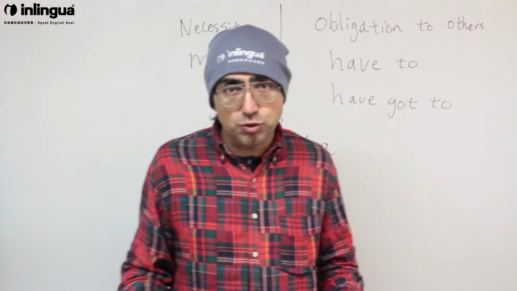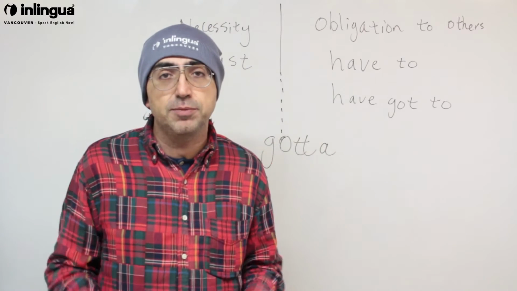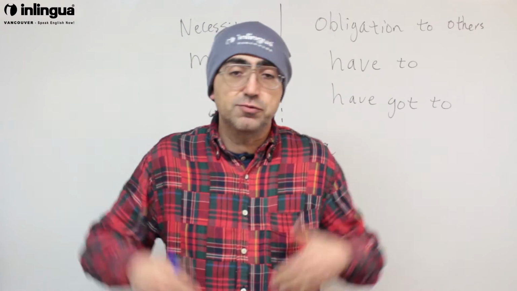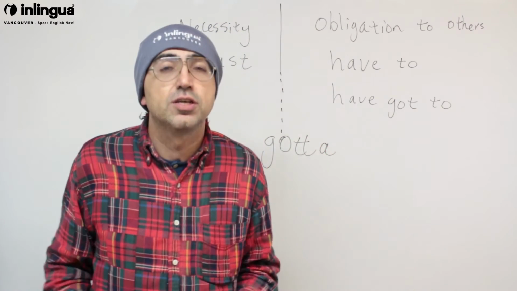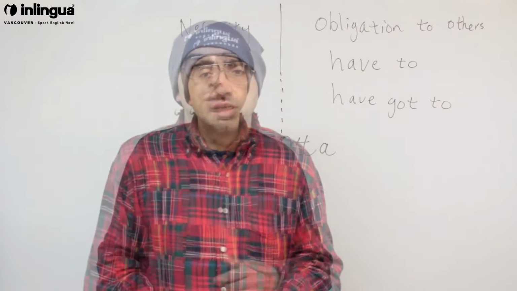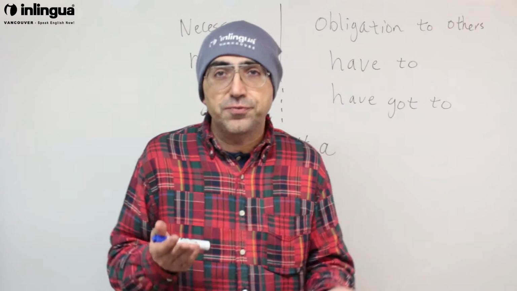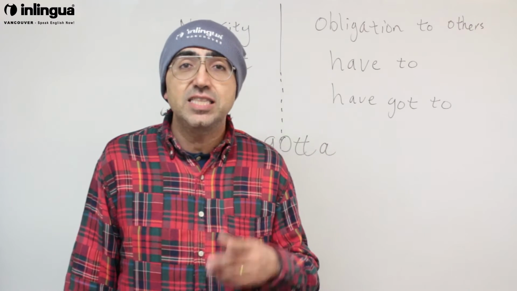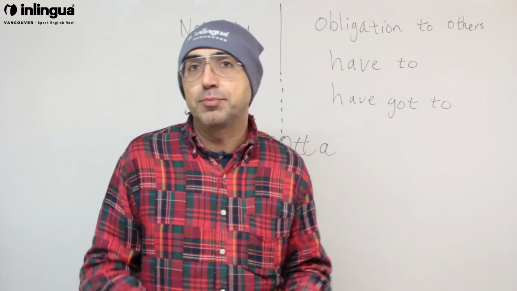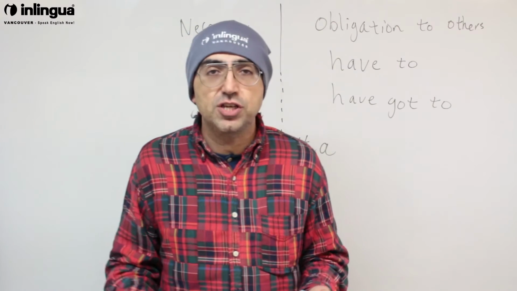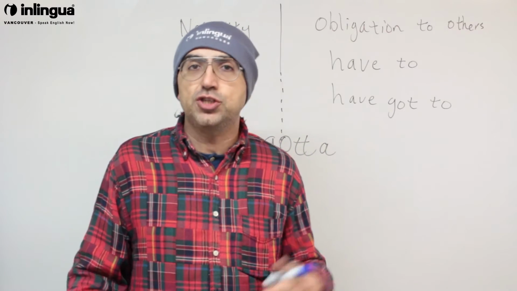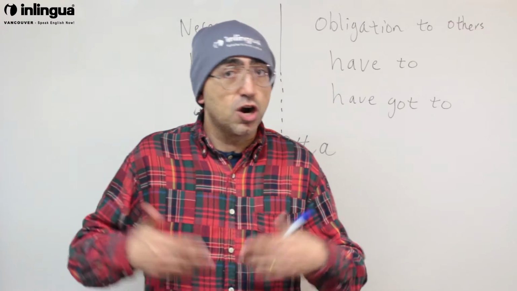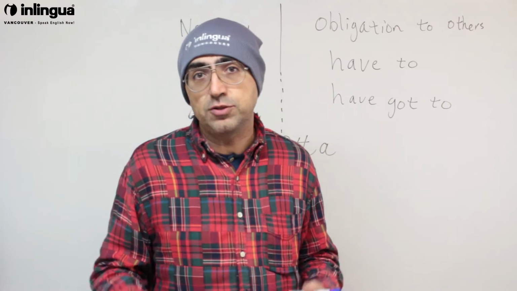So another way to think about it, to keep out all this philosophical jargon and keep it simple, if it comes from the inside, if it comes from your heart, I must. If it comes from the outside, it's an obligation to others. I have to. And of course, there is no clear difference in strength. You cannot say one is stronger than the other because that depends on your personality. If you're a rebel, you might not even believe there is such a thing as have to. You don't believe in obligations to others. You only believe in what comes from your heart. That's a minority of people, but there are some of us out there who don't believe in authority and normativity.